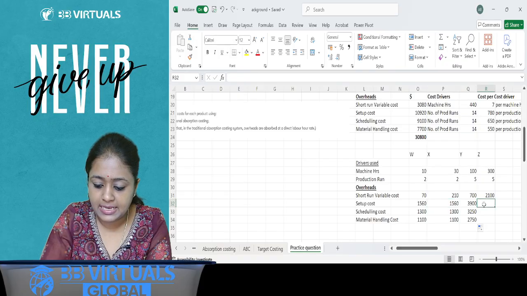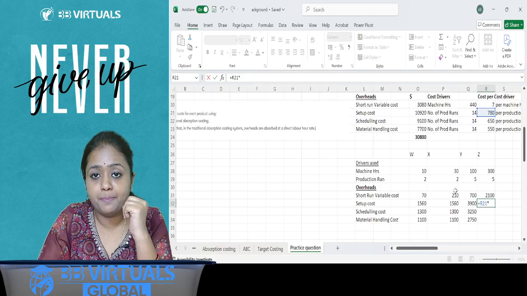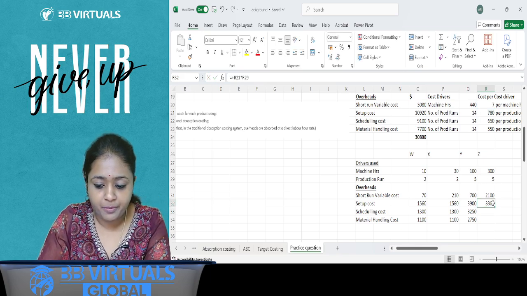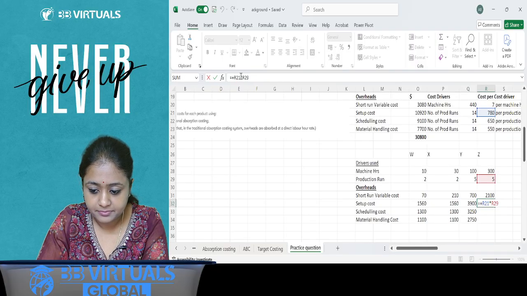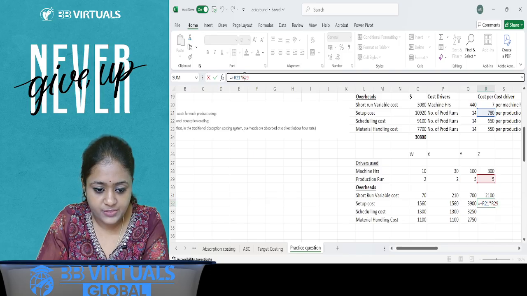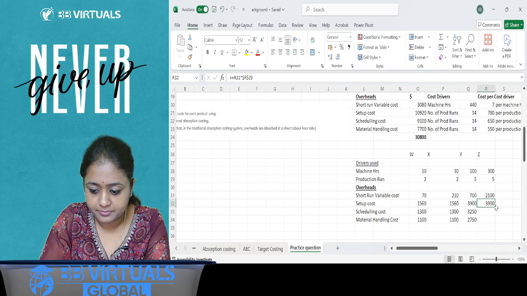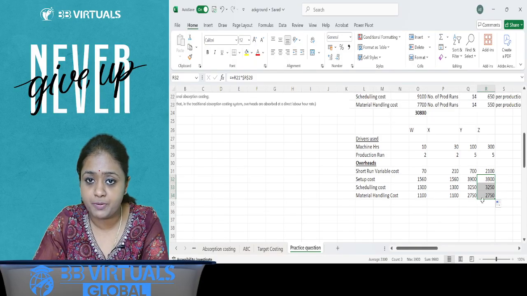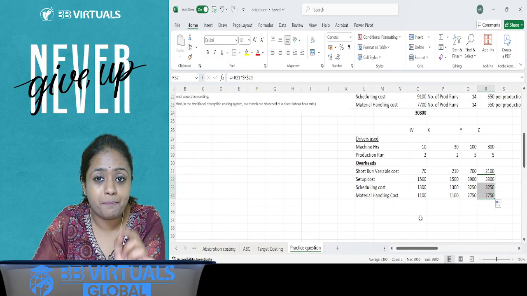Okay, now let's do the same here. So I'll again multiply this number of production runs multiplied by the cost per production run. Okay, for Z. So again, Z has 5 production runs, so it will get the similar value like Y. Let's fix this cell and then we can drag the formula. Okay, now you can see that I've got the overhead cost for all the products, but this is not the per unit cost. What we need in the formula is per unit cost.